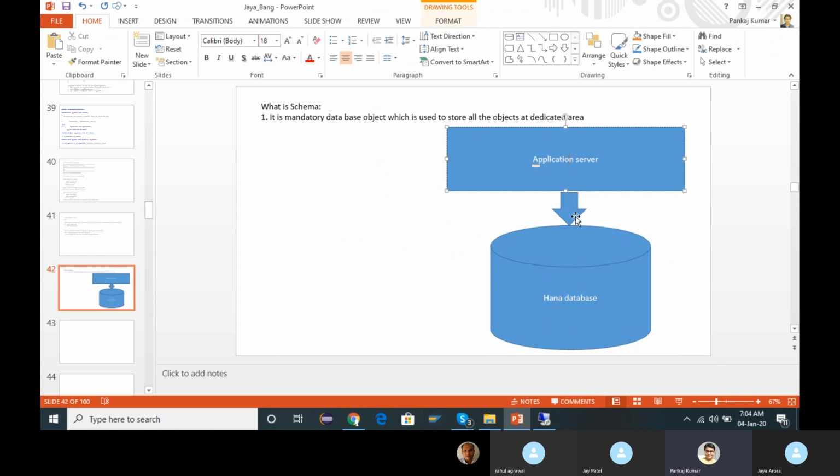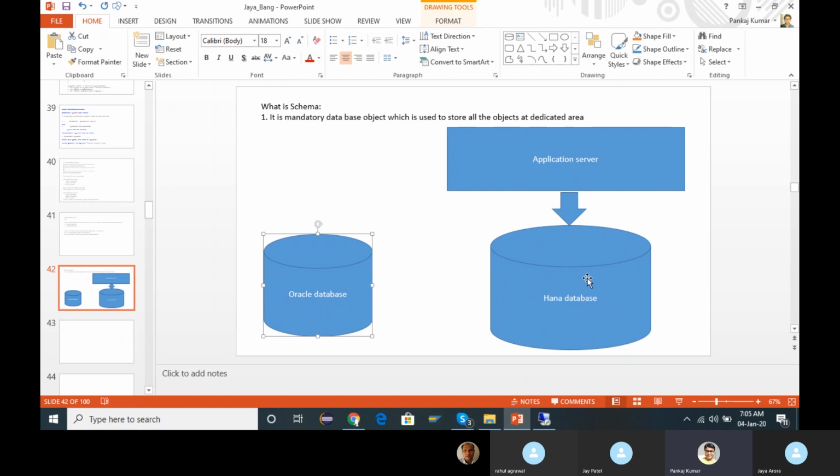Now what is your requirement actually? Suppose you are moving from an Oracle database to a HANA database. This schema concept is everywhere in all database systems; it is not HANA specific. In all database systems, schema behaves the same way.